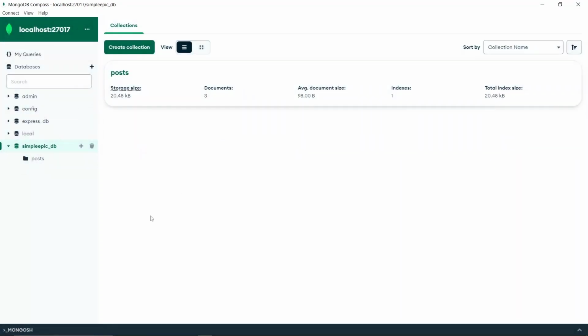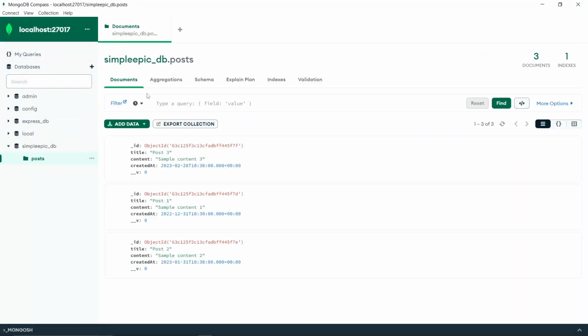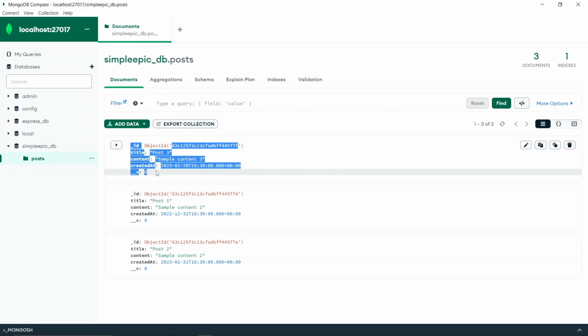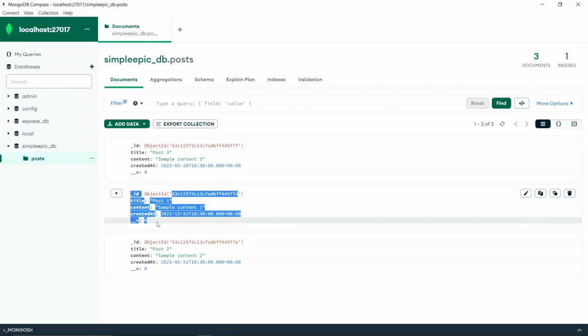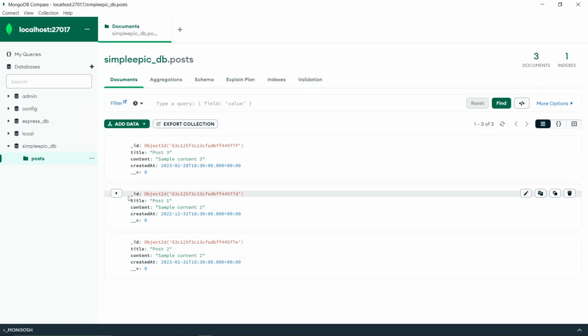And once you go to this collection, you can see all the JSON payload specified in the post.json has been stored as individual documents, right? It automatically has this ID field as well, so you don't need to define IDs explicitly, and the title is there, content is there, and created at time is also there,